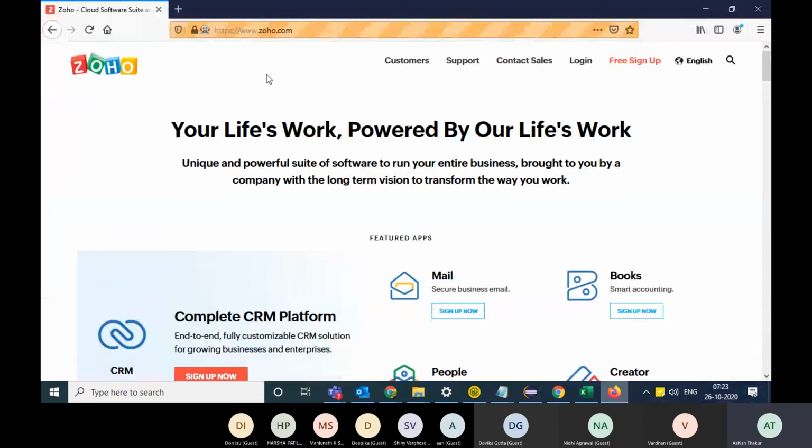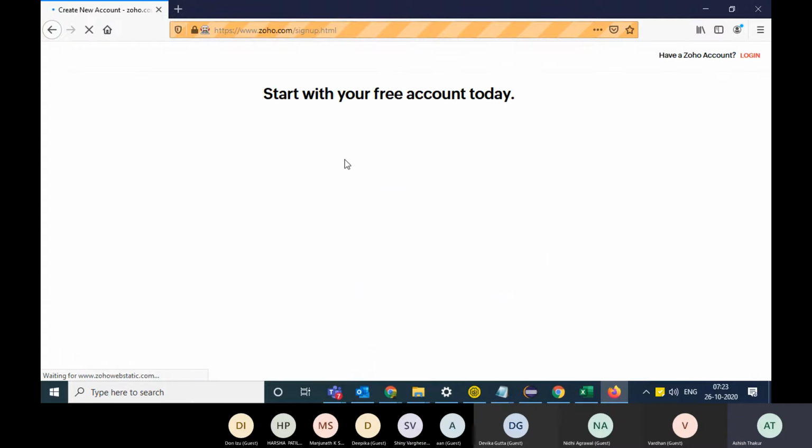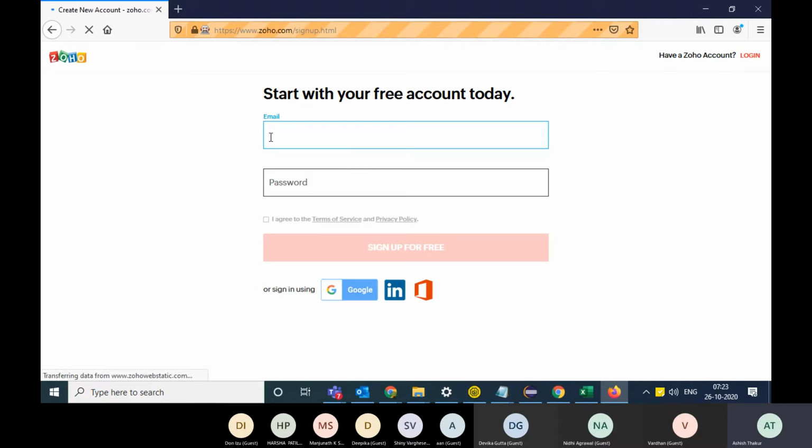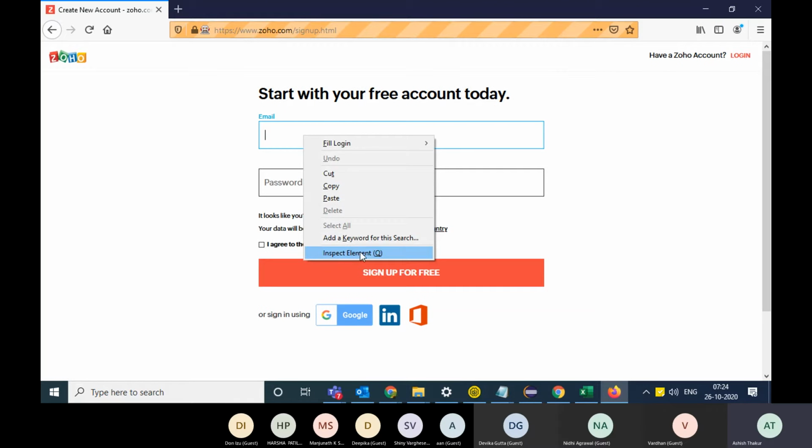So in case of Mozilla, say if I go to the same link, free sign up, and I investigate the web page, I can just right click on the element and you will get the option inspect.